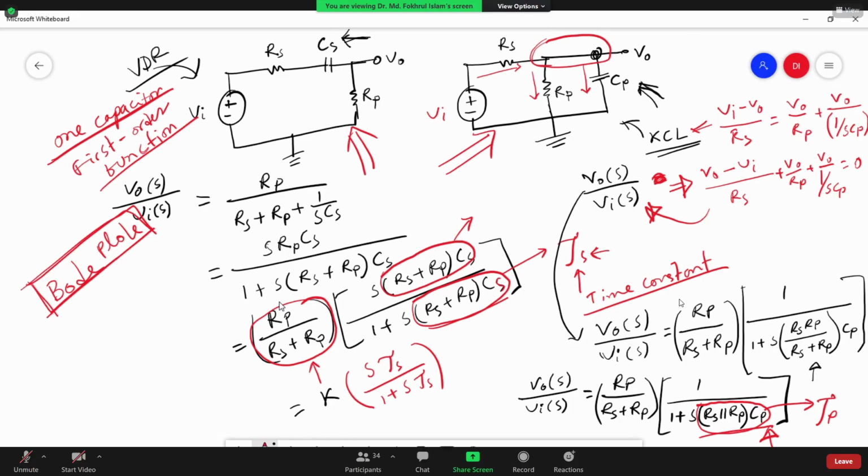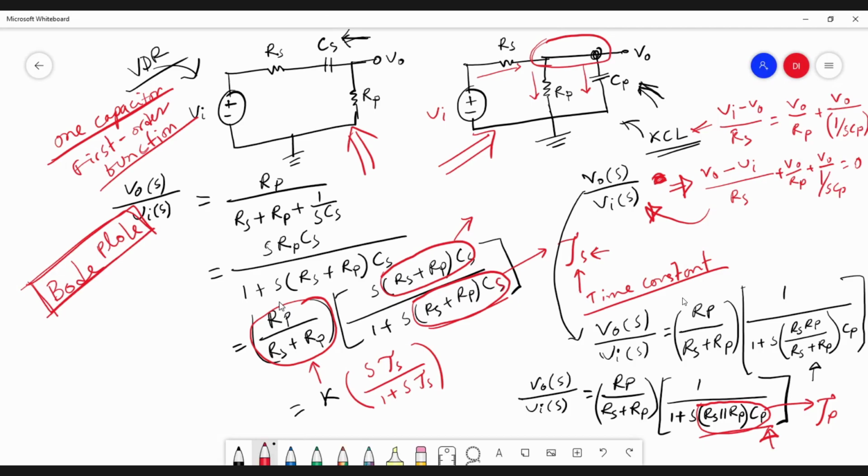Yes. The gain versus frequency, and at the same time we have seen that the transfer function is a complex function. The complex function has two parts, magnitude and phase, and both magnitude and phase are functions of frequency. So magnitude versus frequency and phase versus frequency, these two plots together are called the Bode plot.